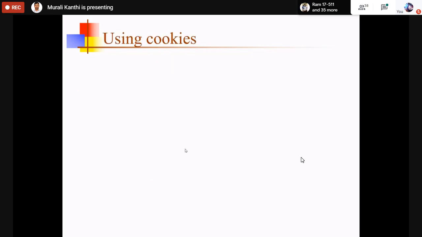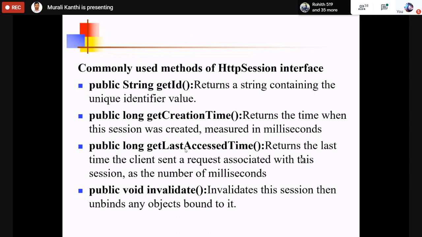So these are the four session tracking solutions to make the HTTP protocol stateful. Remember, HTTP is stateless. It forgets the information. The HTTP protocol just transfers the information from client to server and from server to client.